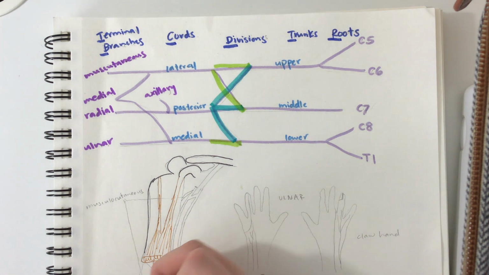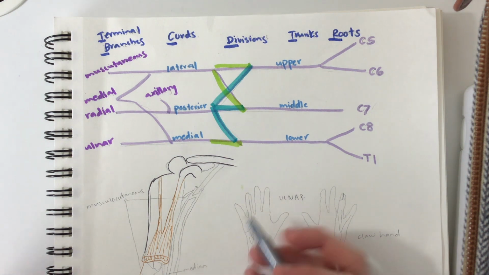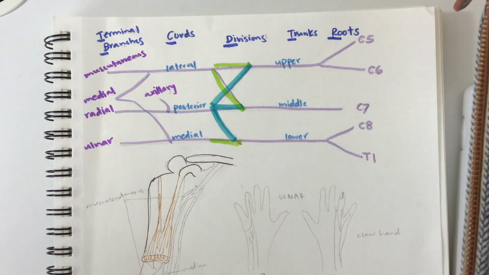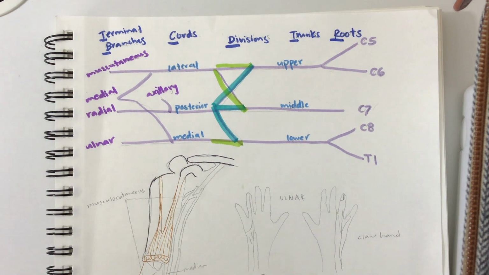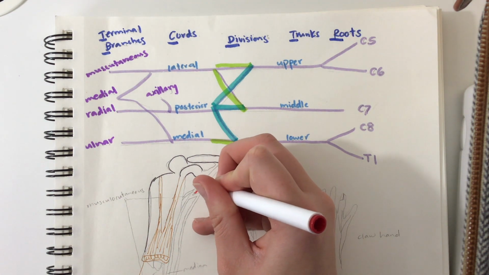And so I guess while I'm going ahead and drawing that, I'll go ahead and explain. So the radial nerve travels behind the arm where the triceps is, and it comes around all the way down to the thumb, and it is responsible for the extensors and the supinator muscles in the upper extremity. The median nerve comes down, just goes straight through your elbow all the way down to your hand